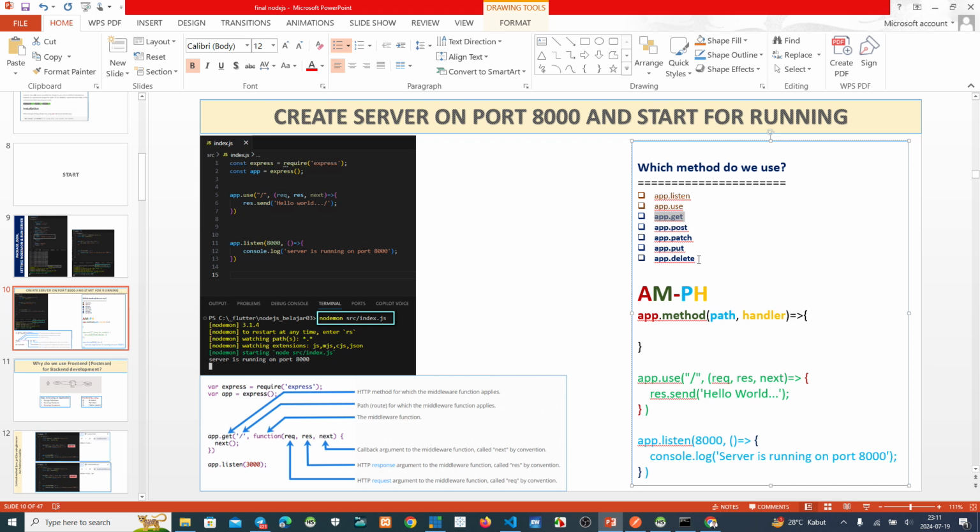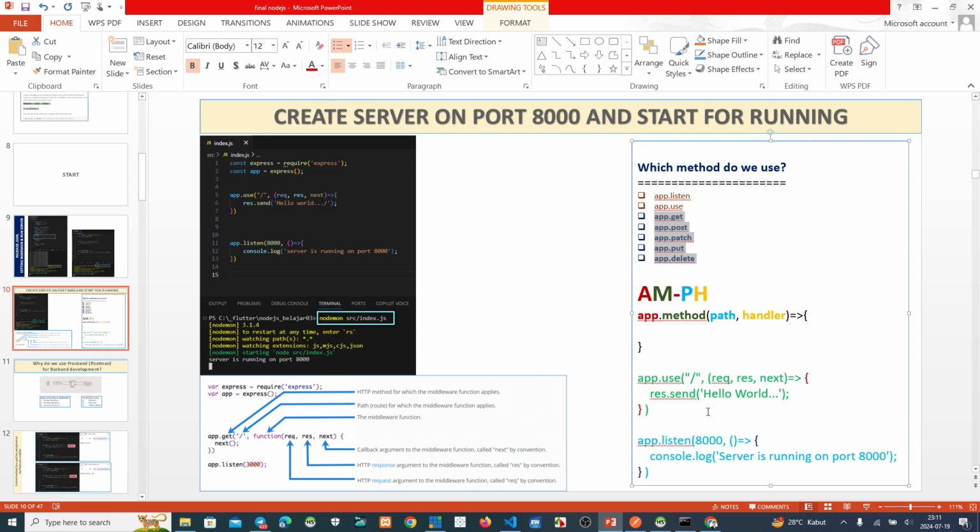But if you use Postman, or finally you use Flutter, all the methods you can use to access the server. Okay, this is the method we use on the front end.